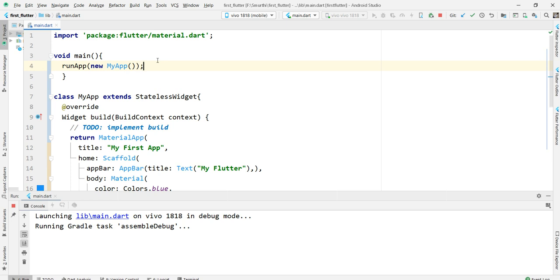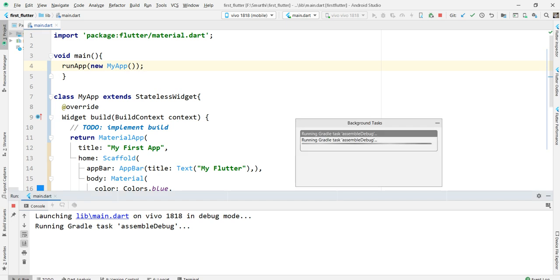We created only the one title text here. Still it's running. Once it runs, we can see the output.